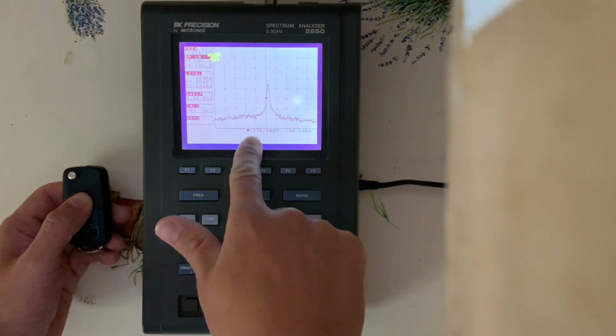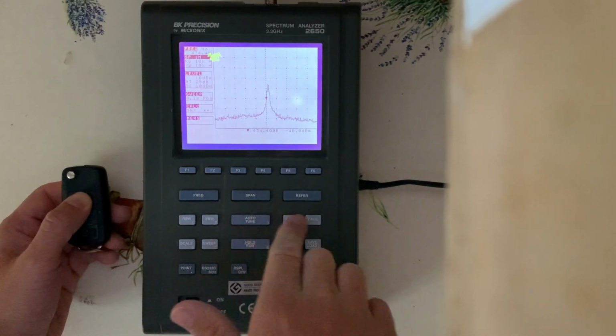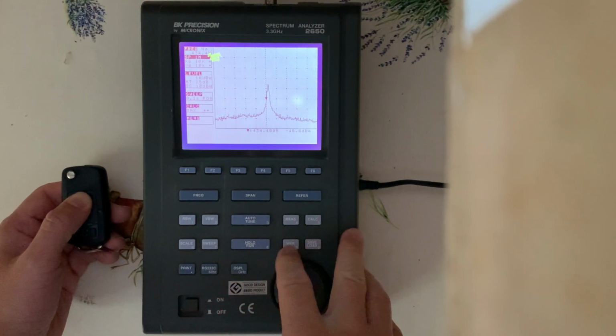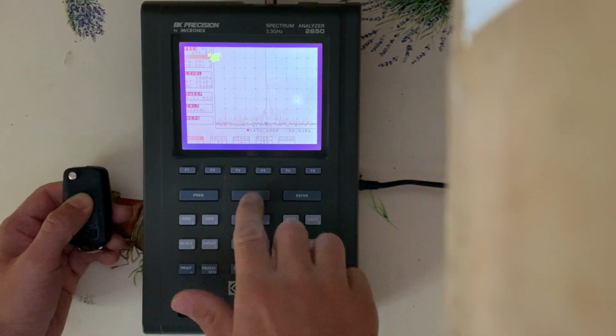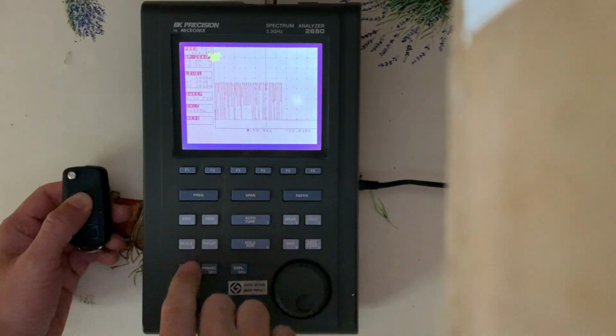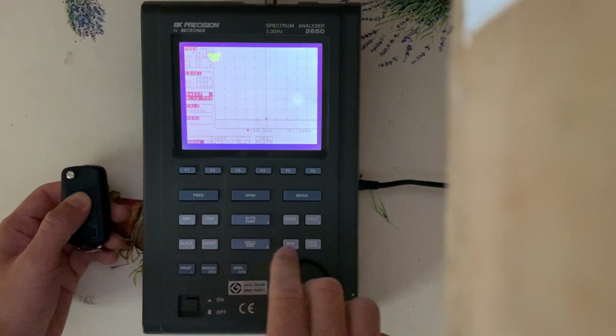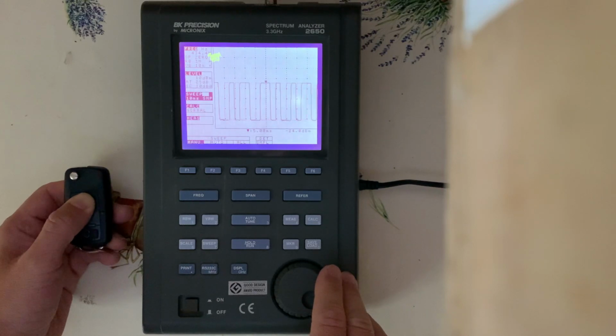This machine quickly tunes from low to high frequency and measures the power of radiated energy. You can turn on max hold mode to see the envelope of the strongest signals in your vicinity. This helps you to estimate the frequency we are looking for. Then we just zoom in and recenter the signal until we get the frequency with required precision. In our case, 1 or 2 decimal places is perfectly sufficient. If we keep the analyzer tuned onto the same frequency all the time, we can also see the shape of the demodulated signal.